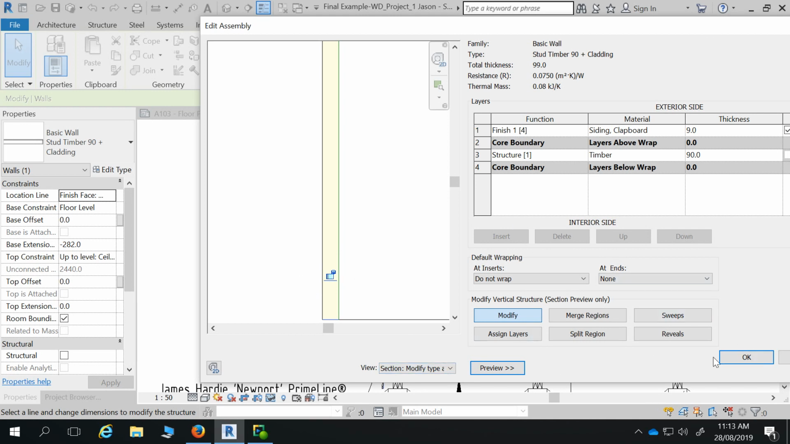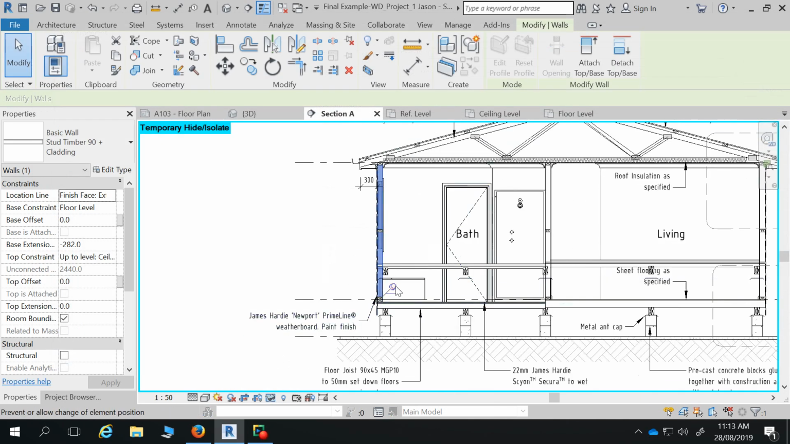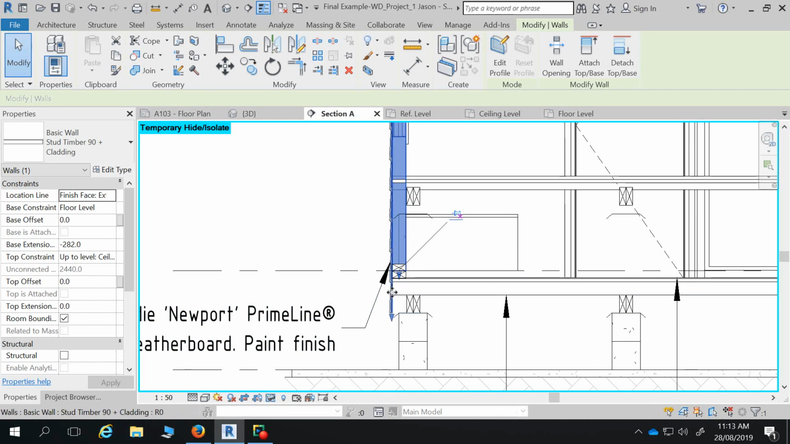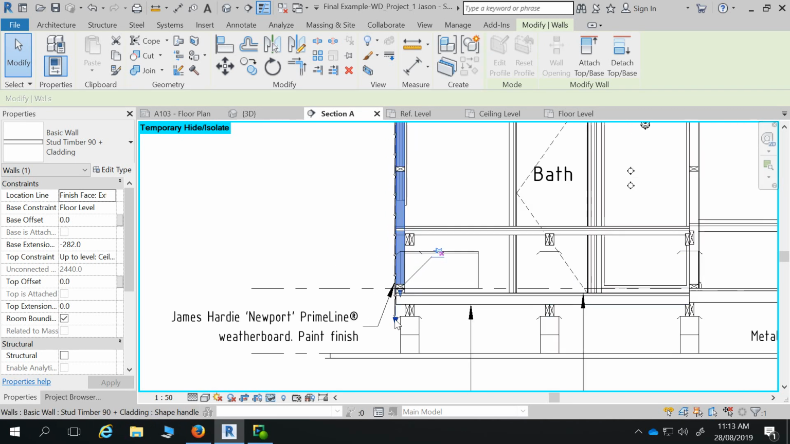So once we've got that unlocked, just say OK and OK, and then what you'll find is that you will have two little grips when you select your wall now, not one, back in your section view. And one of those little grips, we just want to move it down to wherever you want to finish your cladding. So as long as it's down past the floor framing, yep, good. And so wherever you're happy with that to be, yep, that'll probably be good. Just do it to that one wall,